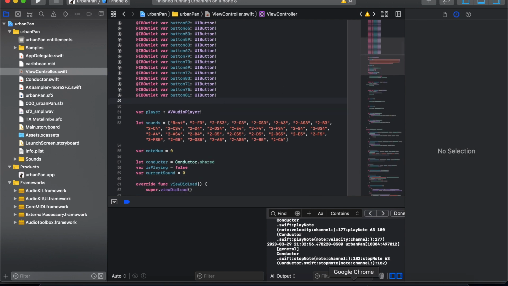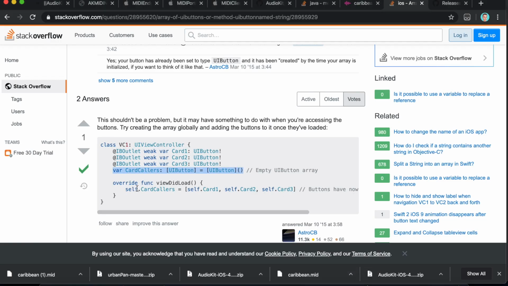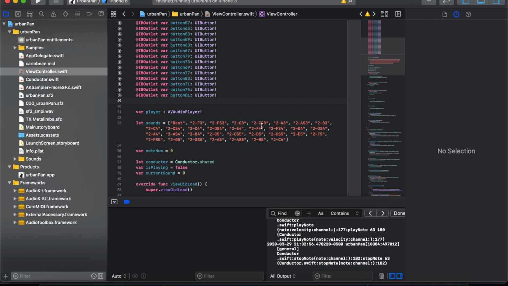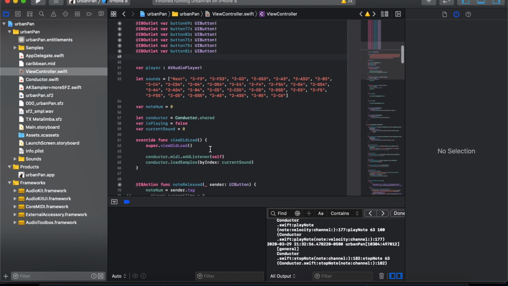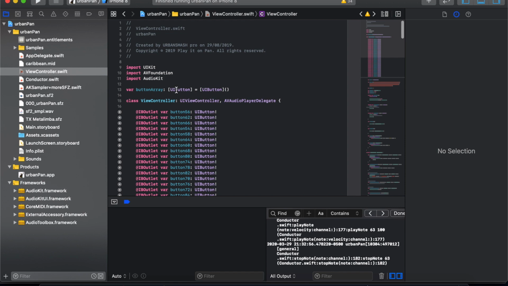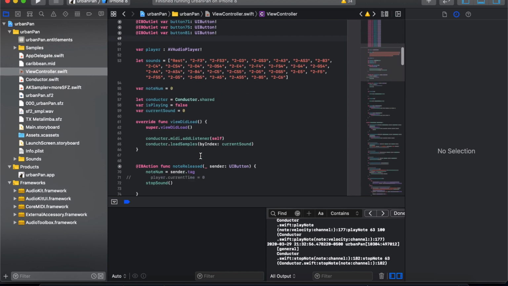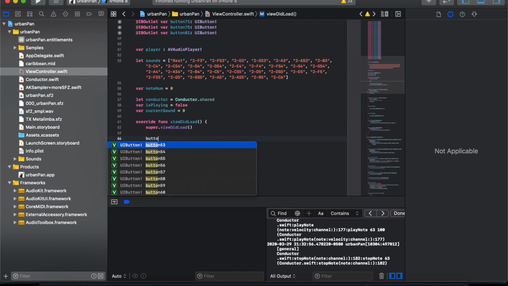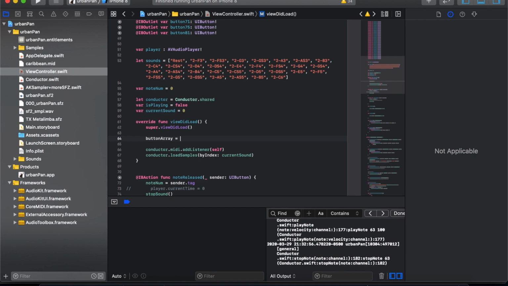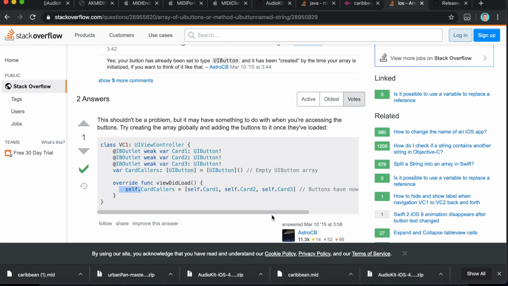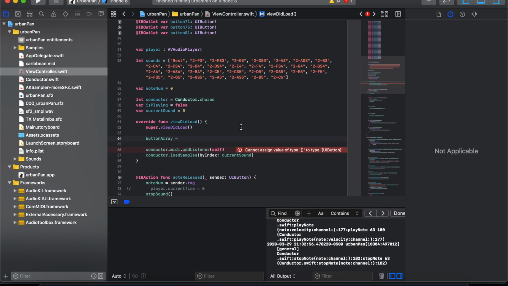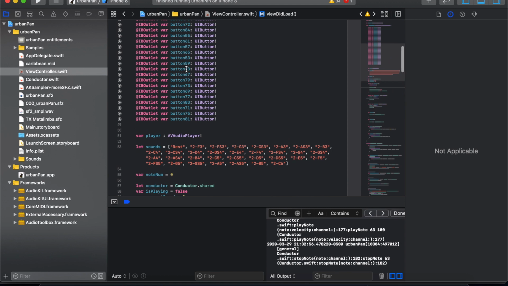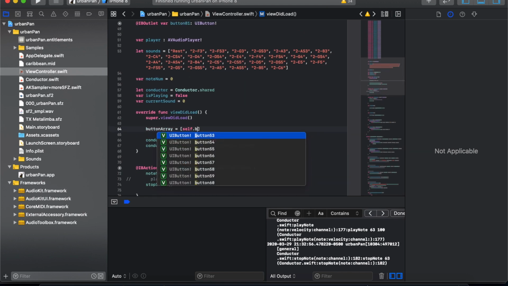So now we're going to initialize that array. How we do that is we're actually not going to include self, because this isn't part of this class, so we don't need to do that. This array, remember, is a global array, so it doesn't have a class that it's part of, really. So we do button array equals, and then the array, with square brackets. And here, these are part of this class, so we can do self.button